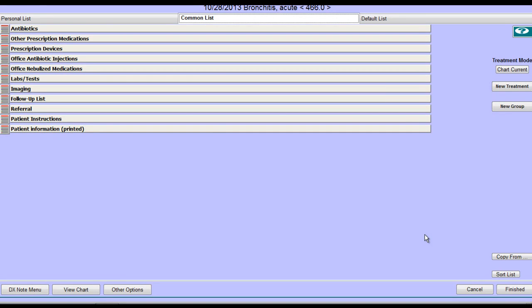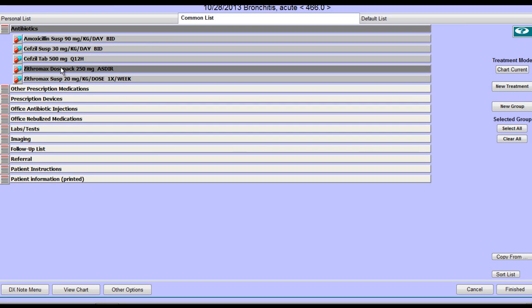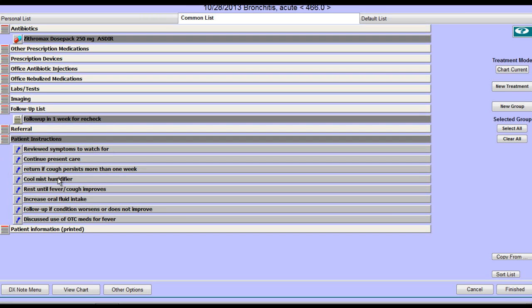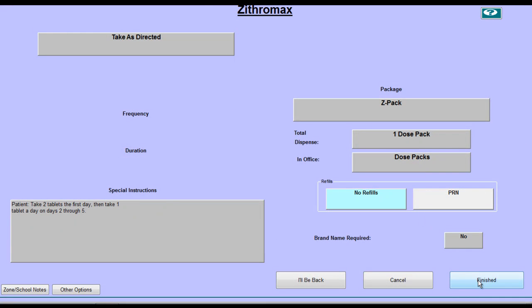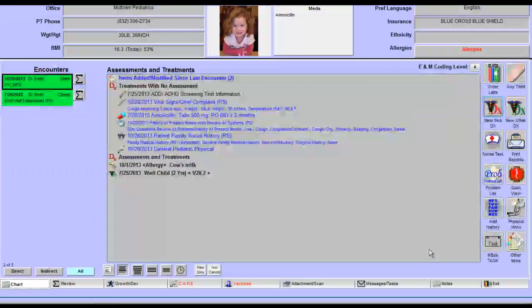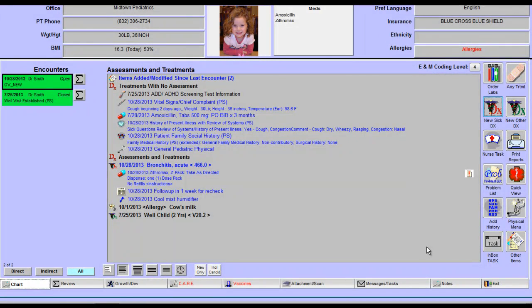Here you can order treatments that are common to that assessment. There are different lists to choose from. The common list, which every user will see, or a personal list, which only the current user may see. Depending on which treatments ordered, different service bars will populate in the office view for a role or specific user